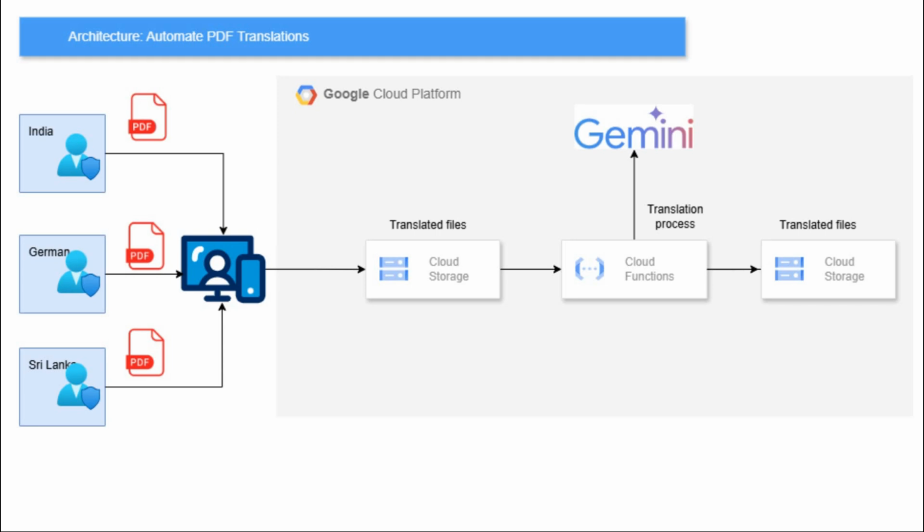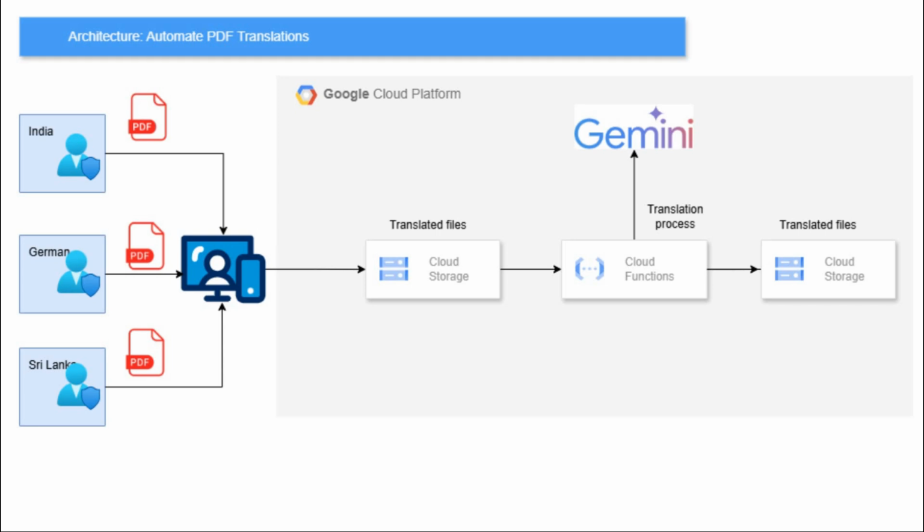So this is a small architecture diagram. What we are going to do is put files in a bucket. Users will be uploading files to the storage bucket, and we have one bucket called the source bucket. Once the file is uploaded into the source bucket, it will trigger the cloud function. My cloud function will then